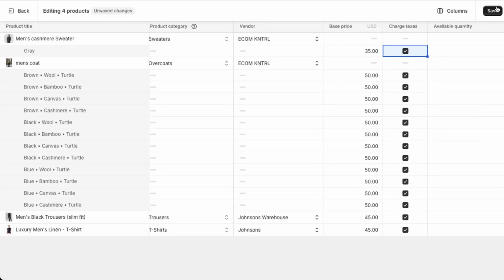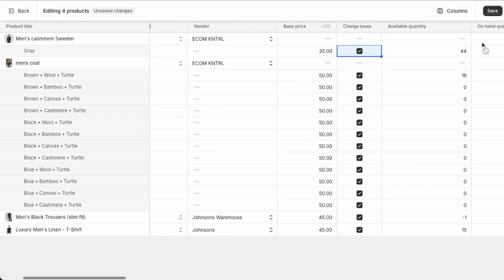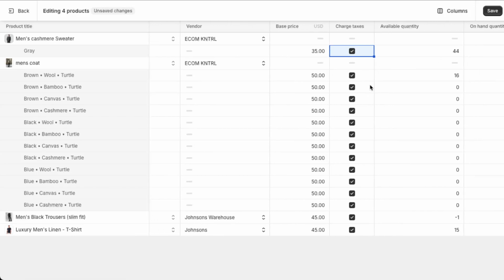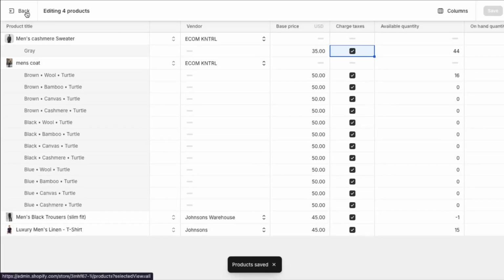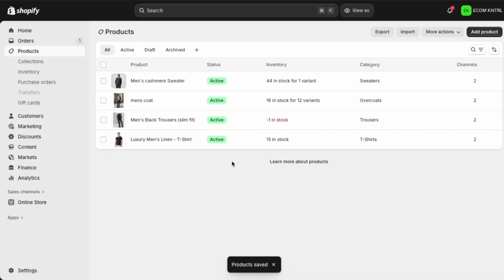In that charge taxes column, make sure the checkbox for each product is enabled so that tax will be charged on those items. You can usually click and drag or use keyboard shortcuts to apply the same value down the entire column if needed. When you're done, look for the Save button in the top right corner of the bulk editor. Click Save to apply all your changes. Give Shopify a moment